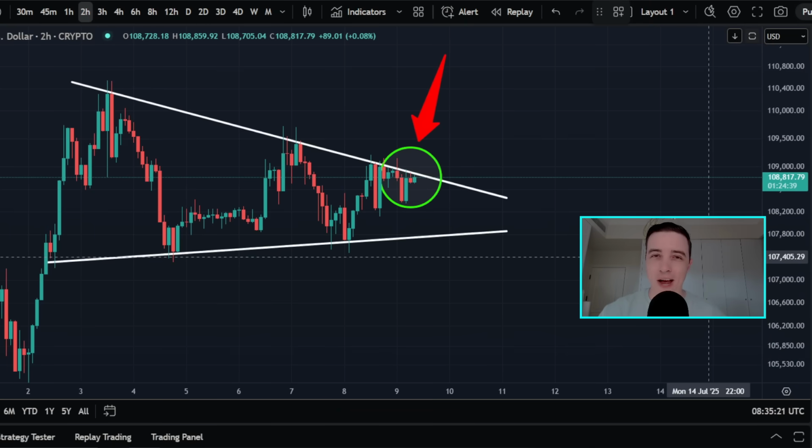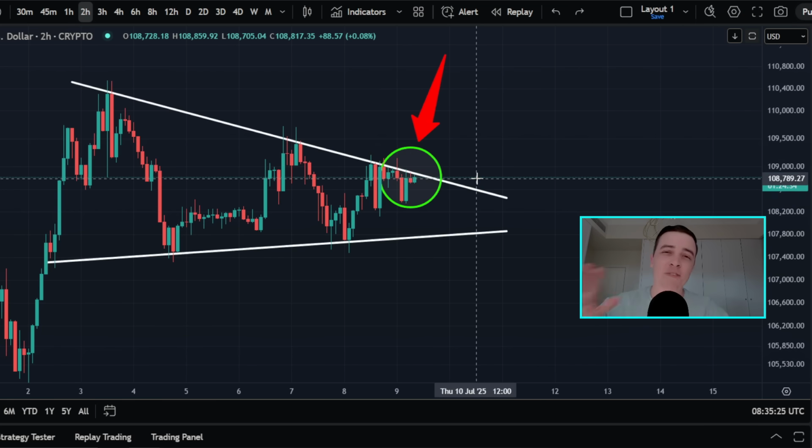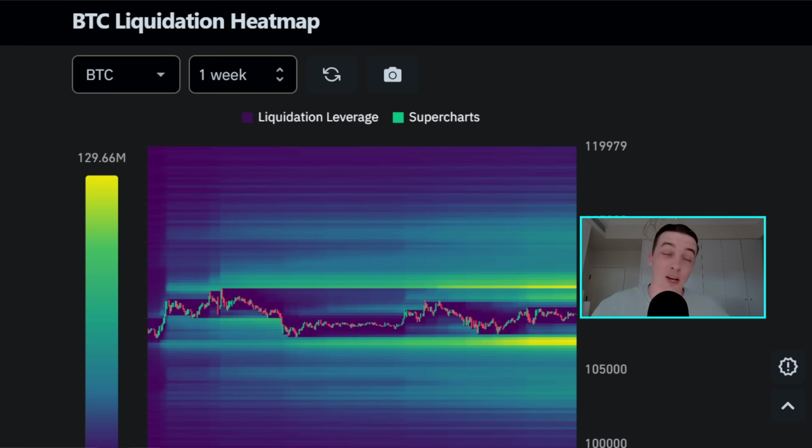My name is Josh, and right now Bitcoin is extremely close to breaking out above this significant line of resistance, activating a new price target that we need to pay attention to. So I'll be talking about that in just a moment and the next trading opportunity, alongside the fact that we